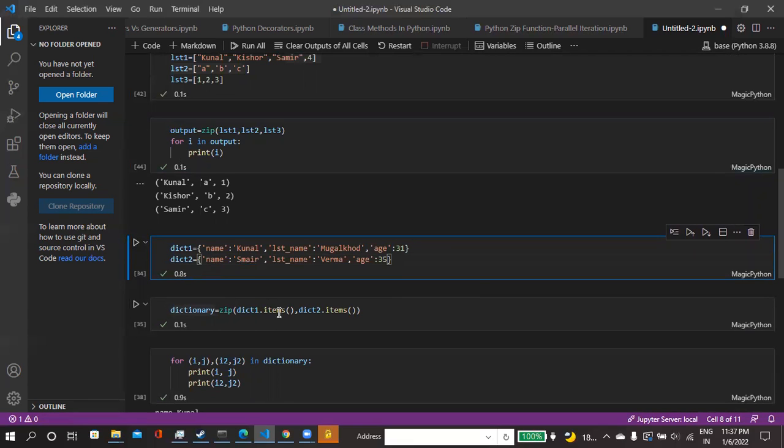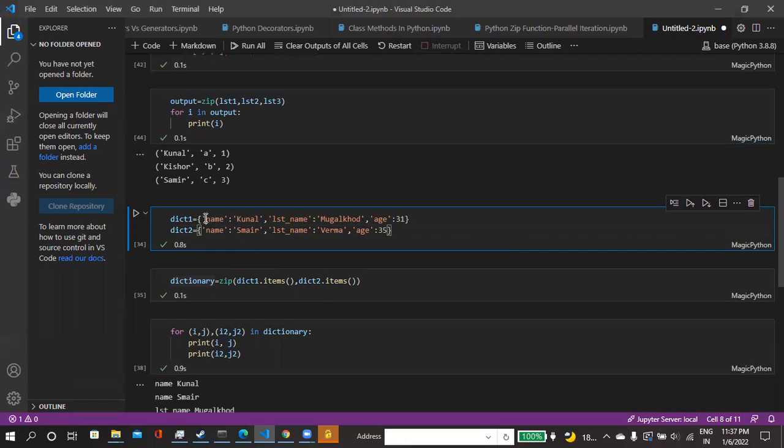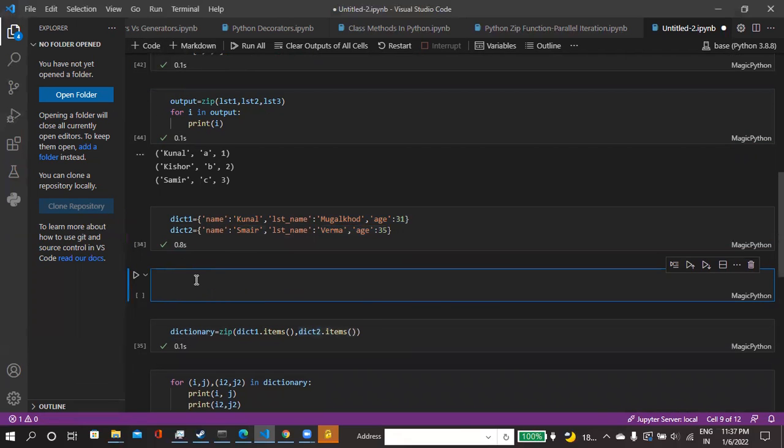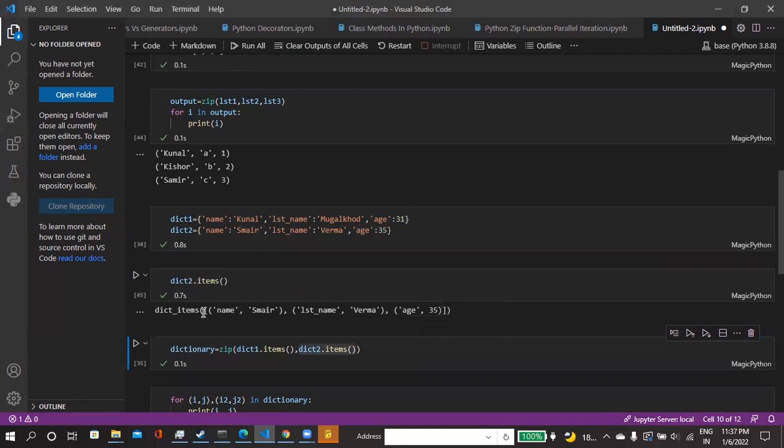So here dict1.items() will return all the items present in dictionary one, and dict2.items() will also return all the items present in the second dictionary. I will print just the items so you will see what it returns. If I print just these items, here you can see all the items present in the dictionary are written as key-value pairs.